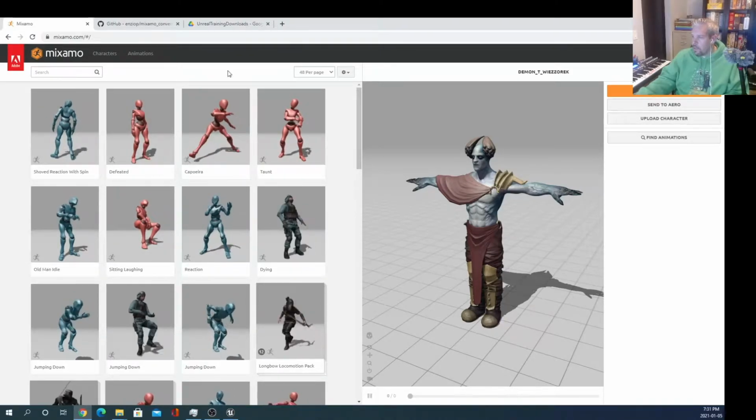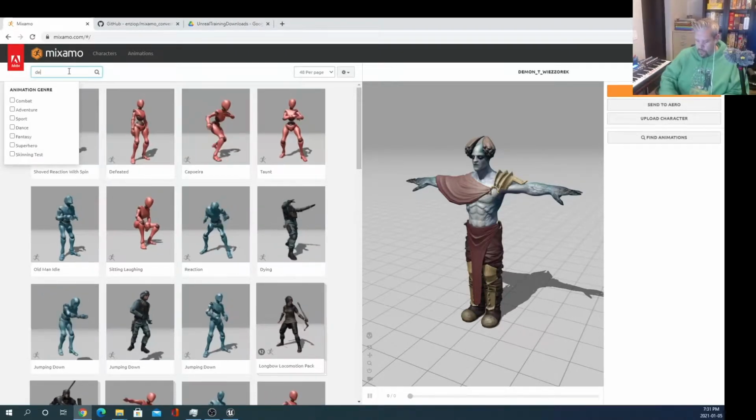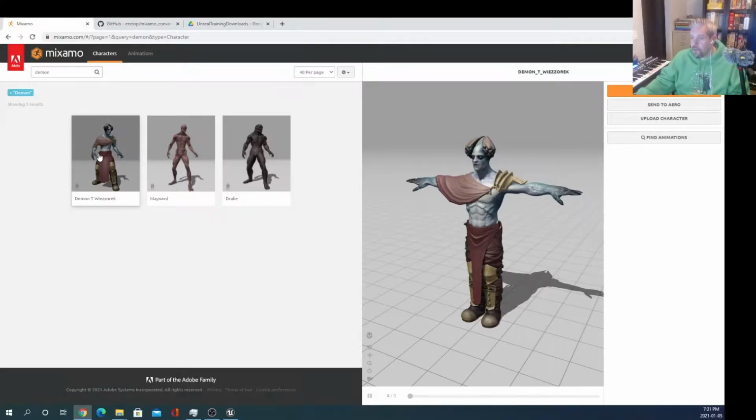Yeah, so let's get started on this. So we want this default character. I've already got them loaded up, but if you just search for Demon under characters,